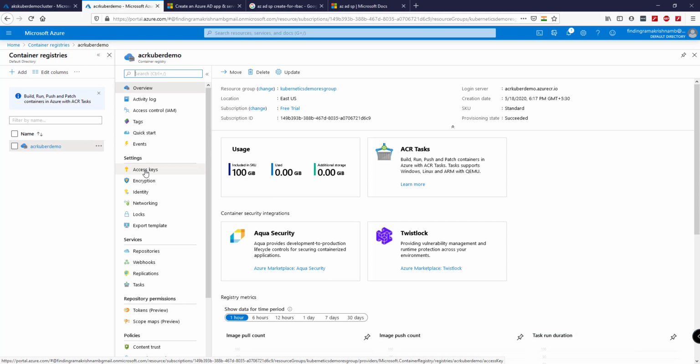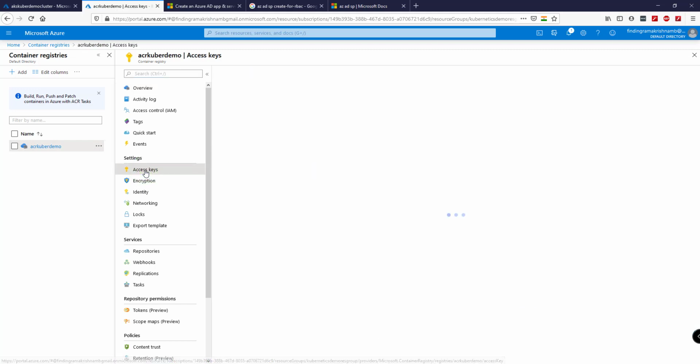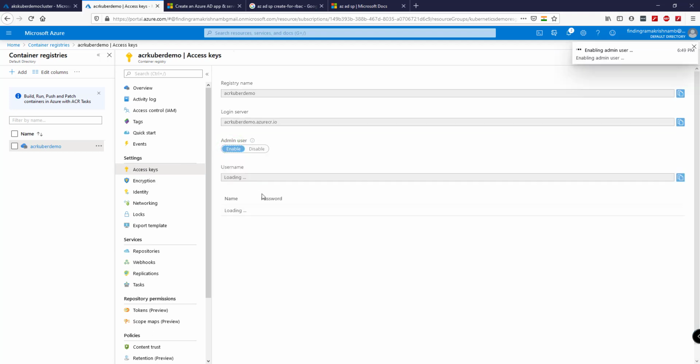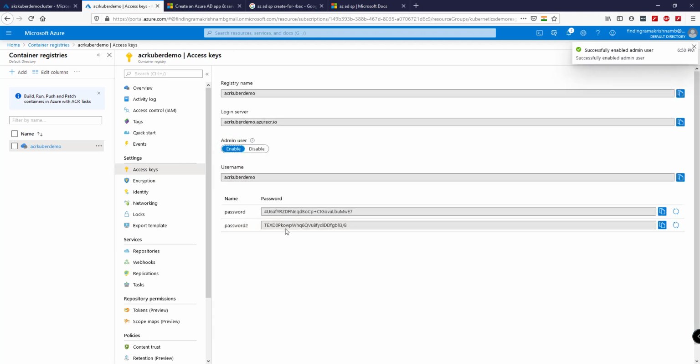On the settings submenu, click on access keys. So let us enable admin user, and now we have a username and password.